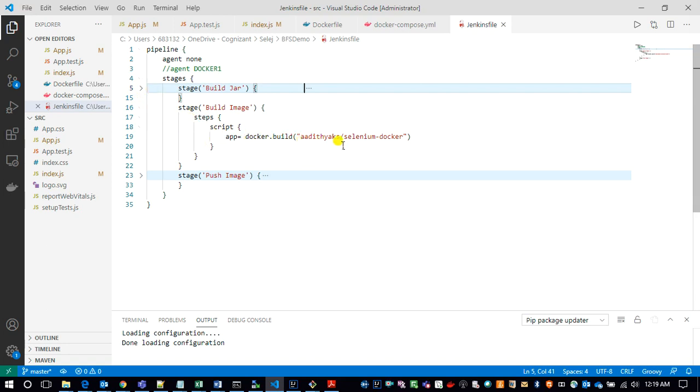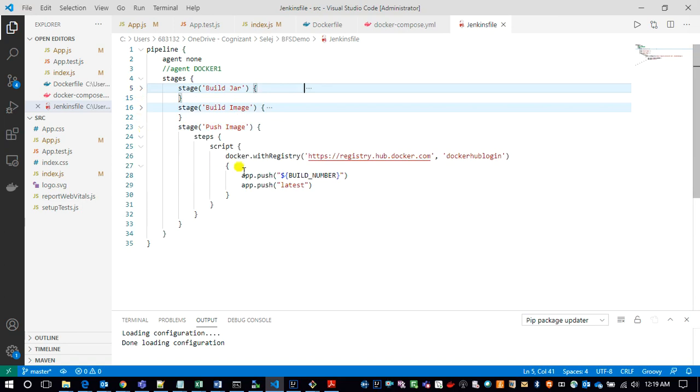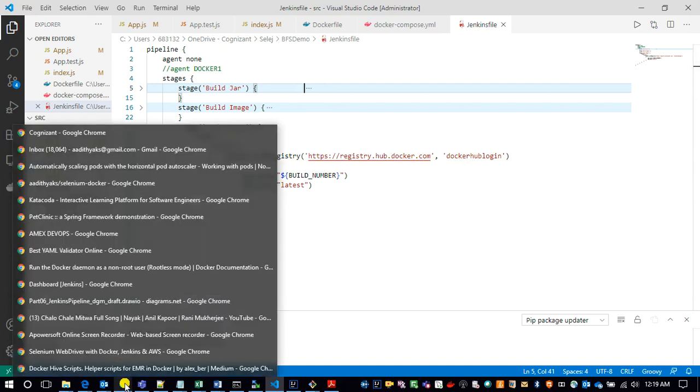Okay, so this is what happens in this step from Jenkins. Only the syntax is a little different from what we do from the command line, and this app is just a variable. Now once I build the jar and build the image, next I have to push the image. In the push step, what I do in this script is connect to Docker Hub, registry.hub.docker.com, and this Docker Hub login is exactly the